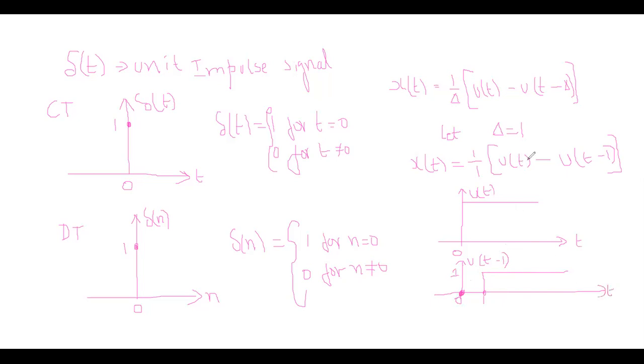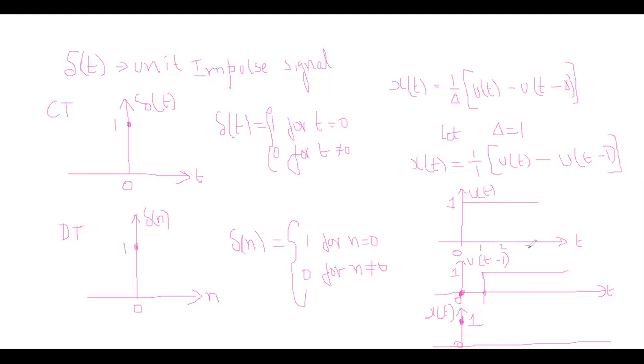So these two we can subtract, μ(t) minus μ(t − 1). μ(t) minus μ(t − 1) is x(t), the signal x(t). Now you can subtract the two functions. At 0 the value of the second is 0 here, and at 0 the value of the first is 1. So 1 minus 0 means 1 only. At 1 the value is 1 here and 1 there, 1 minus 1 is 0. At 0 only you will get the 1.